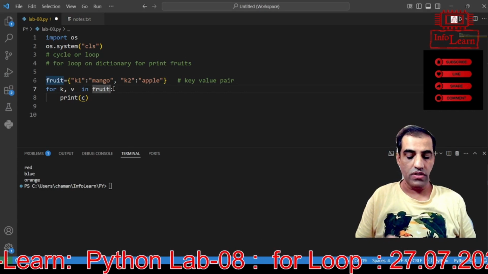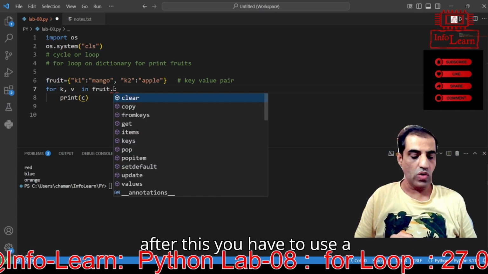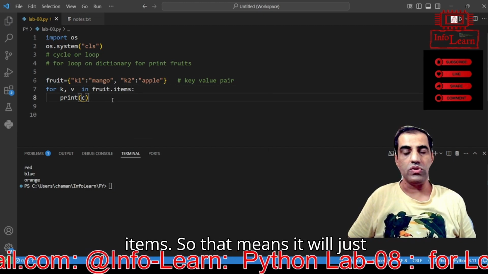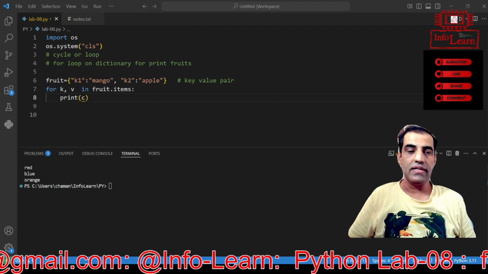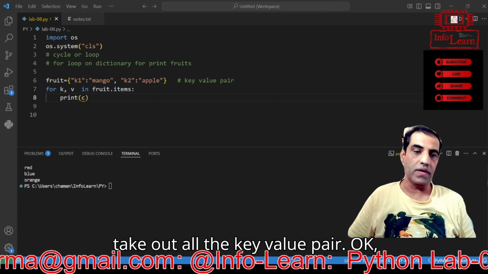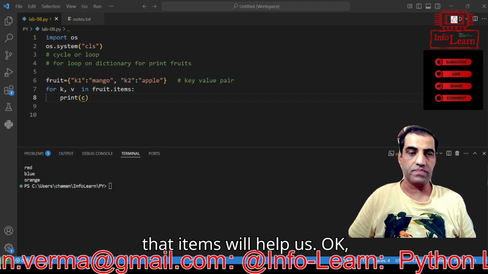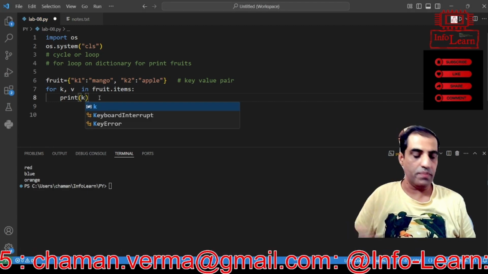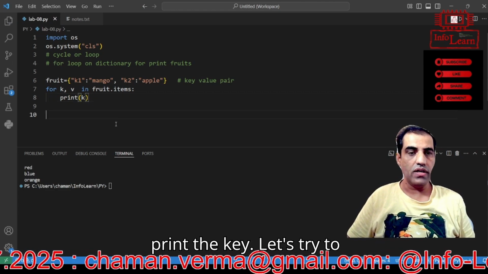Okay, but after this, you have to use an important function, items. That means it will take out all the key-value pairs. Okay, that items will help us. And here now you just have to print the key. Let's try to see what